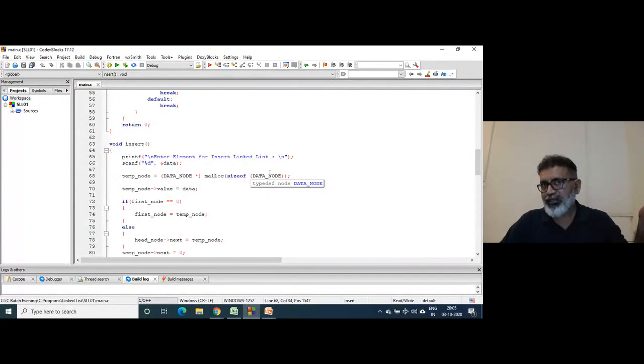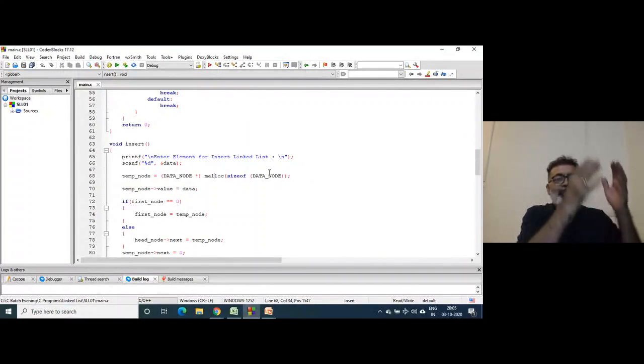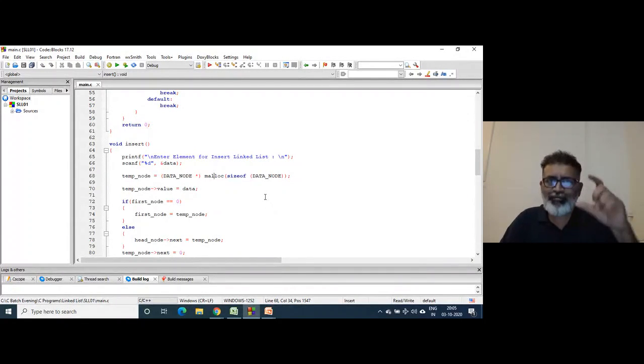That is a structure. So now you will come to know the use of sizeof: a structure has a lot of elements, and you would not calculate manually how many bytes you want. Each time I want one structure size, so sizeof data node, which is the name of the structure.